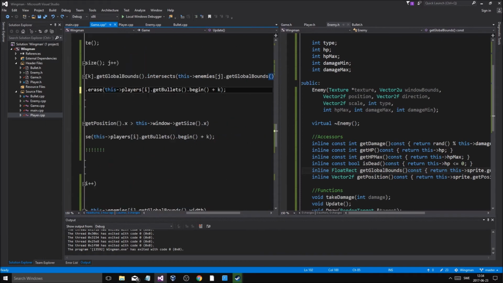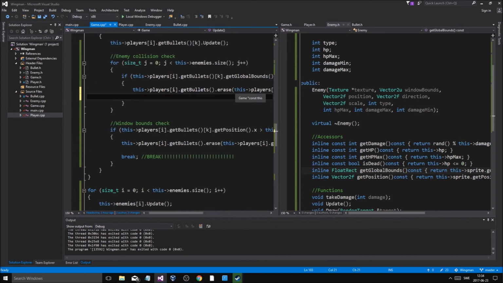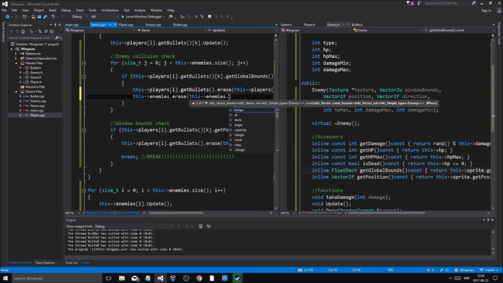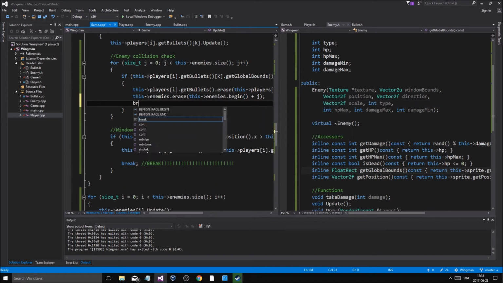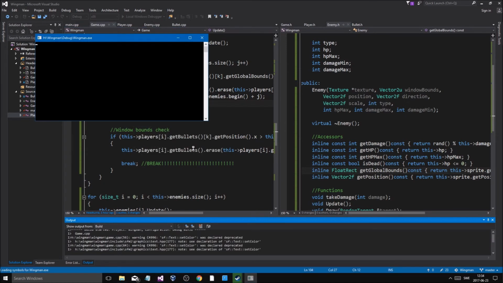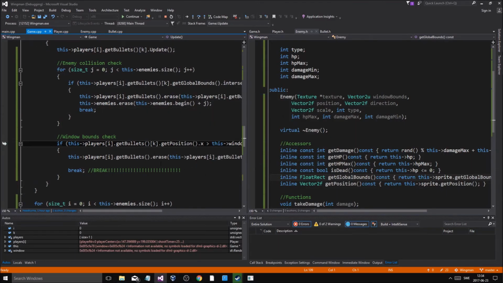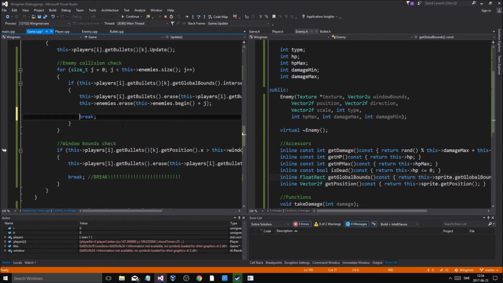I'm gonna do bullets begin. Okay, player I get bullets. Okay, erase that. I'm gonna this enemies dot erase this enemies dot begin plus J and then break. I'm gonna put that thing there as well. Okay, that broke everything. But it's supposed to break, so